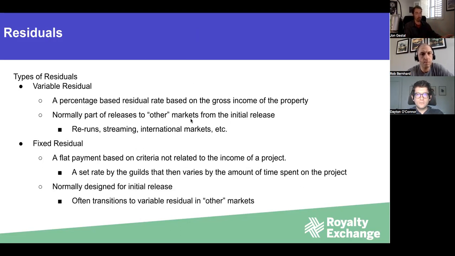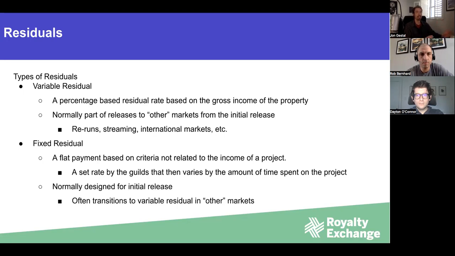For residuals, there are two main types that we typically see. There's the variable residual and a fixed residual. The variable residual is percentage based on the gross income of the property. Normally that happens when it's released to markets beyond its primary release. If it's a film that's in theaters, that would be when it goes to HBO or something like that. Or if it's a TV show, it gets reruns on another channel, that would start to generate that